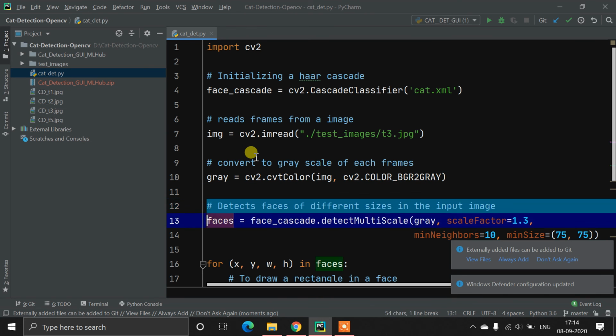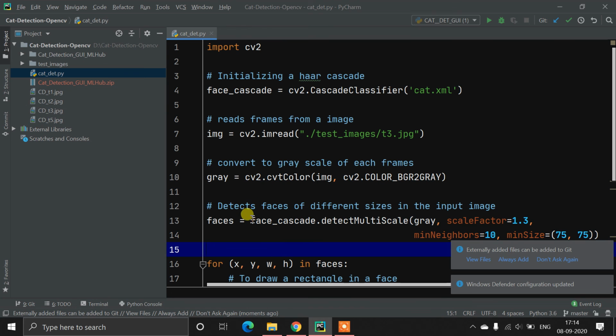Now we need to initialize our detectMultiScale. We have already initialized our Haar cascade in this face cascade variable. There is another method available on that initialization, which is called detectMultiScale. It can detect multiple faces, multiple objects from one image.